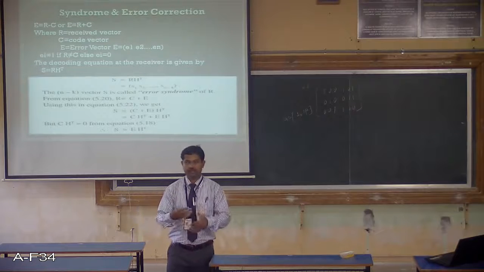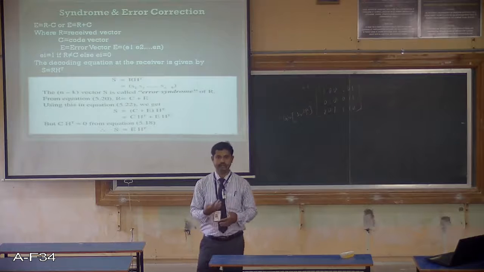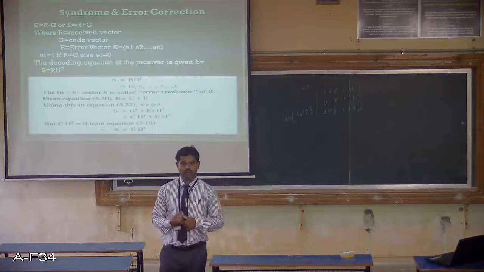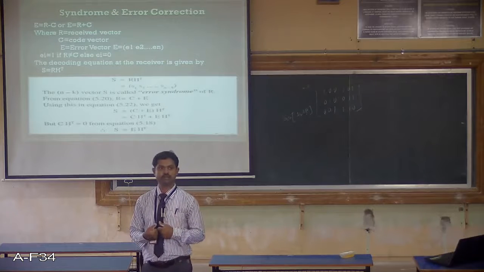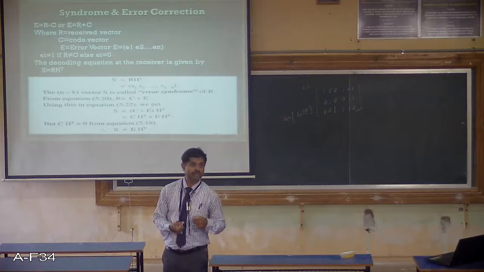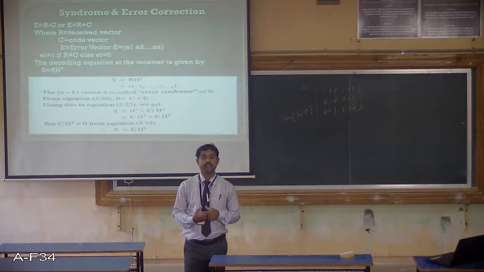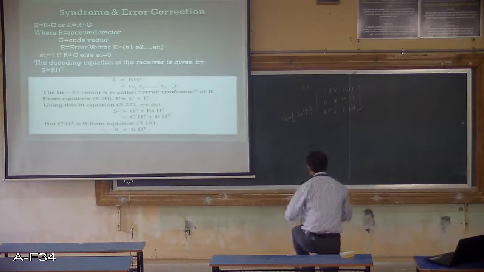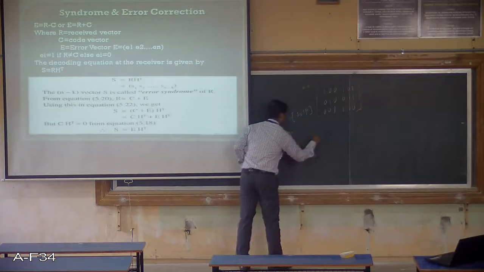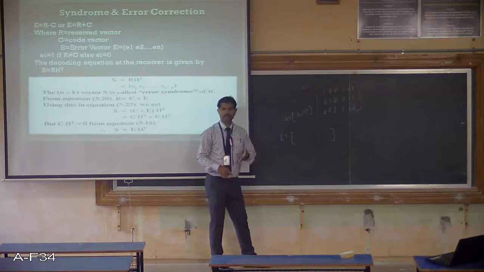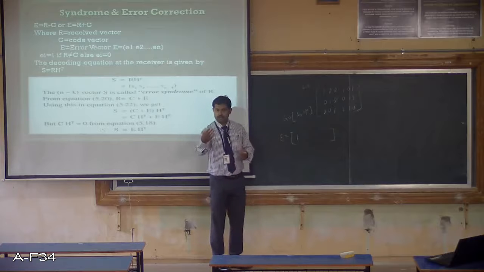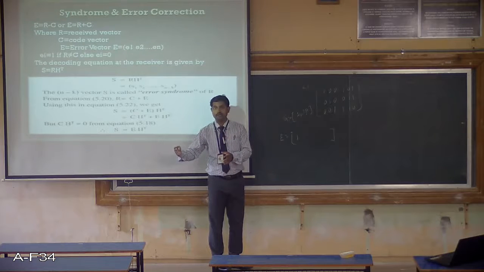R is whatever stream of bits you receive at the receiver side, the received vector. C is your coding vector or coding sequence. E is one more matrix, I call it the error vector. And how does your error vector look? Again it has ones and zeros. It is 1 in case the received bit is not equal to the coding sequence. If R is not equal to C,